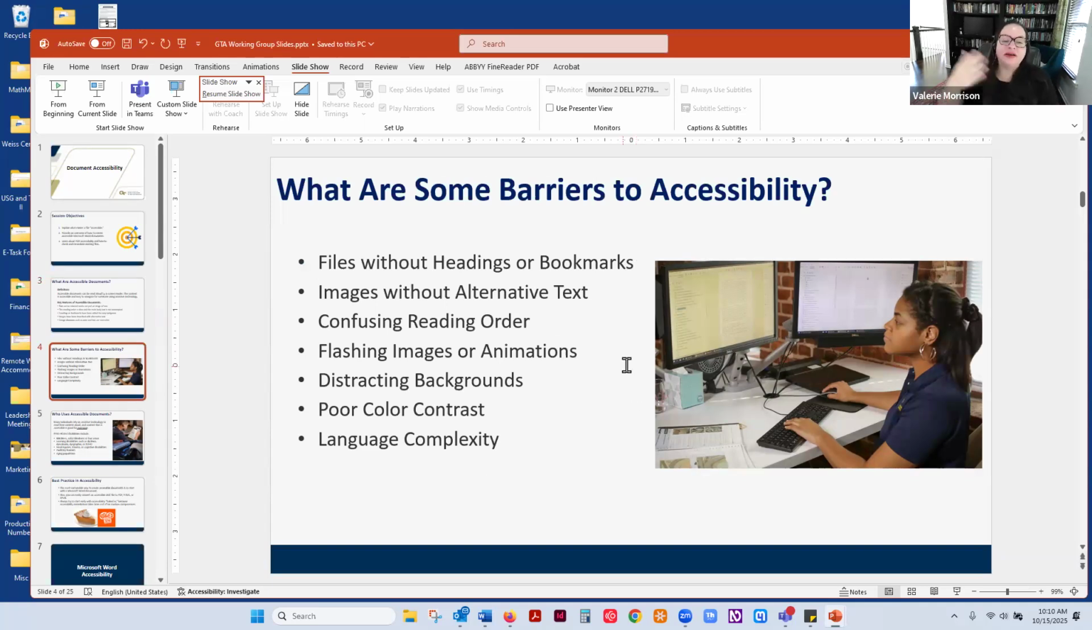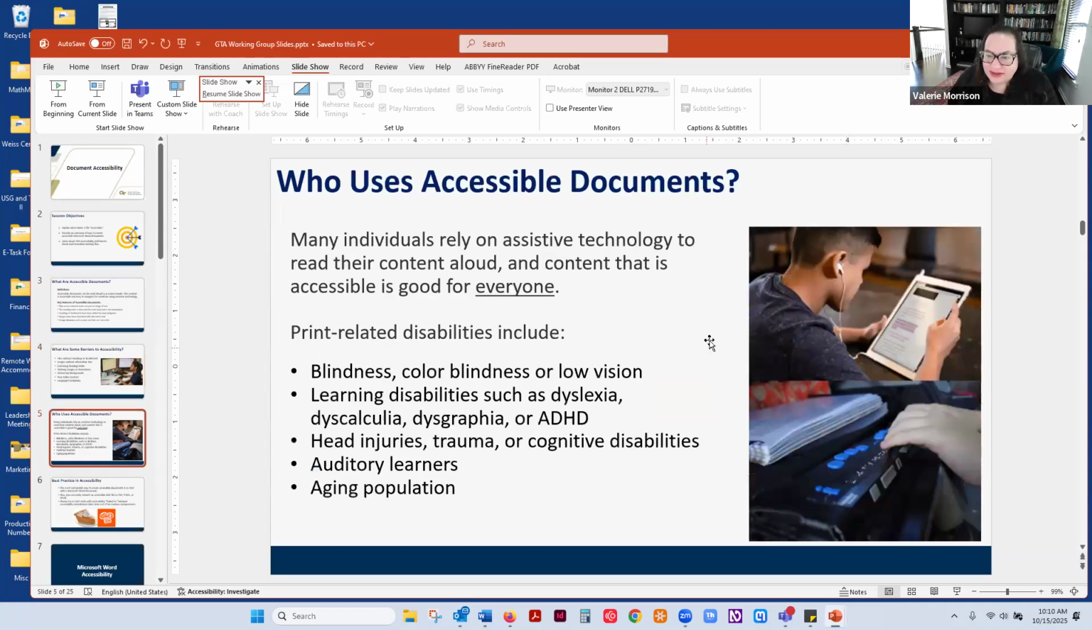All right, so some barriers to accessibility: files without headings, poor color contrast, language complexity. So in terms of who uses accessible documents, I think that's important for people to conceptualize why it's so important that documents be accessible. When I first started working at CIDI 12, 13 years ago, I came into this job